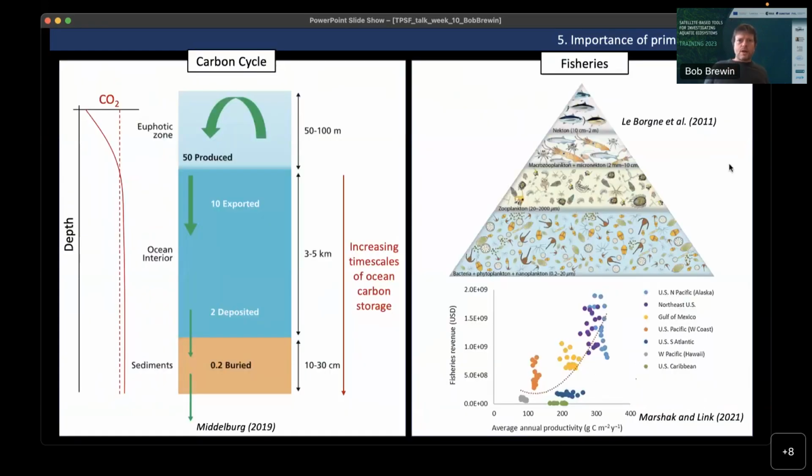Okay, so why is this primary production important? Well, I just touched on that, but I'm going to go into a little bit further detail here. There are many reasons why primary production is important, but I'm just going to focus on two key reasons here. Firstly, I'm going to talk about the ocean carbon cycle. So what happens with phytoplankton in the surface layer? Well, phytoplankton